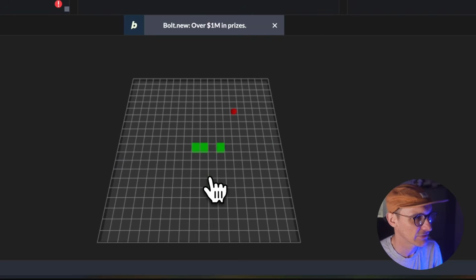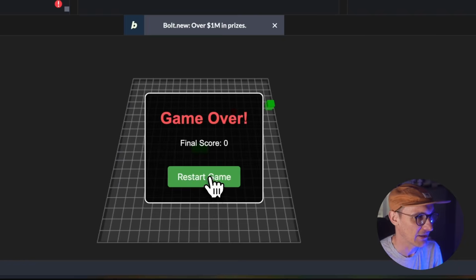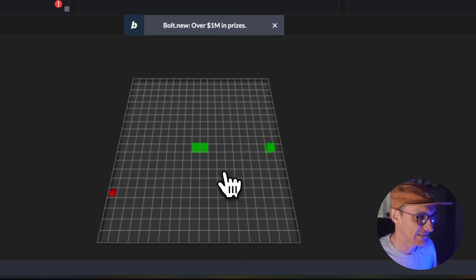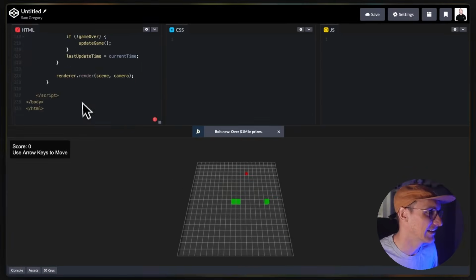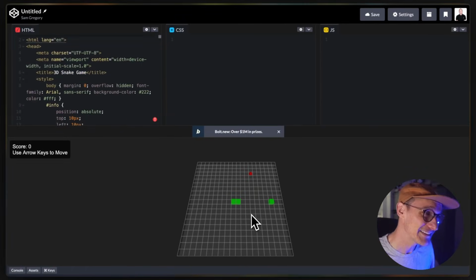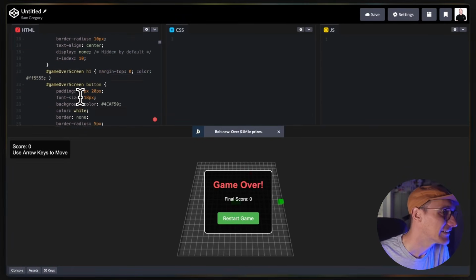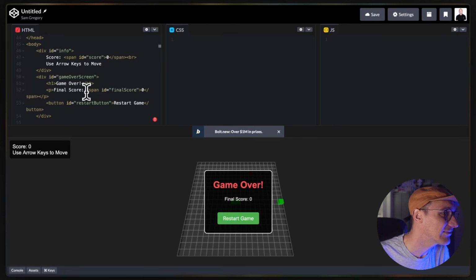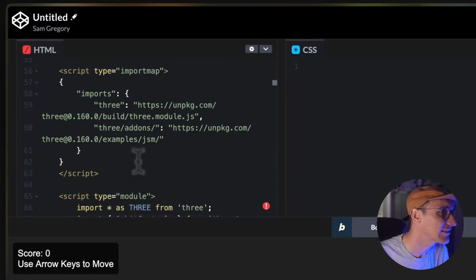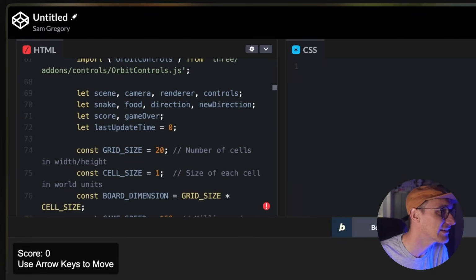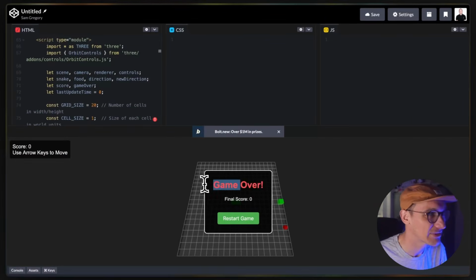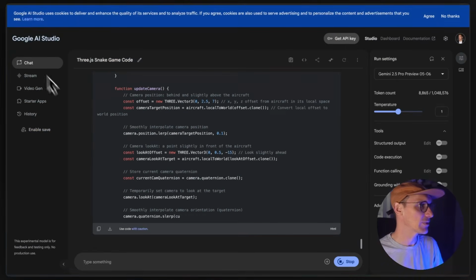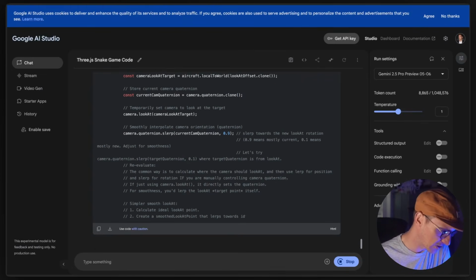Oh, there we go. Restart game. I mean, I don't know where the directions are going. What's going on here? It's 3D. It's 3D. You can't move around. And so look. I mean, where is even? It's importing 3JS here. Orbit controls. I mean, I'm not getting any orbit controls. I'm saying. Let's open up Windsurf as well, because